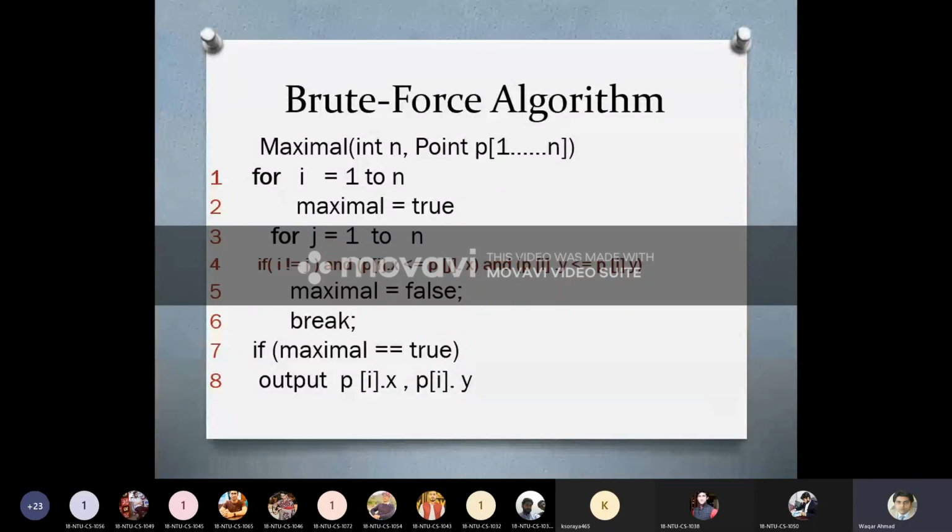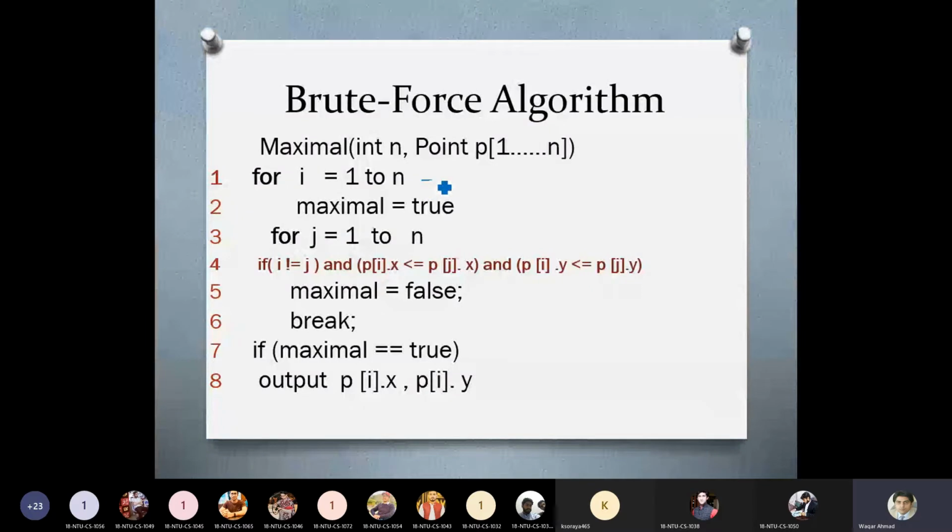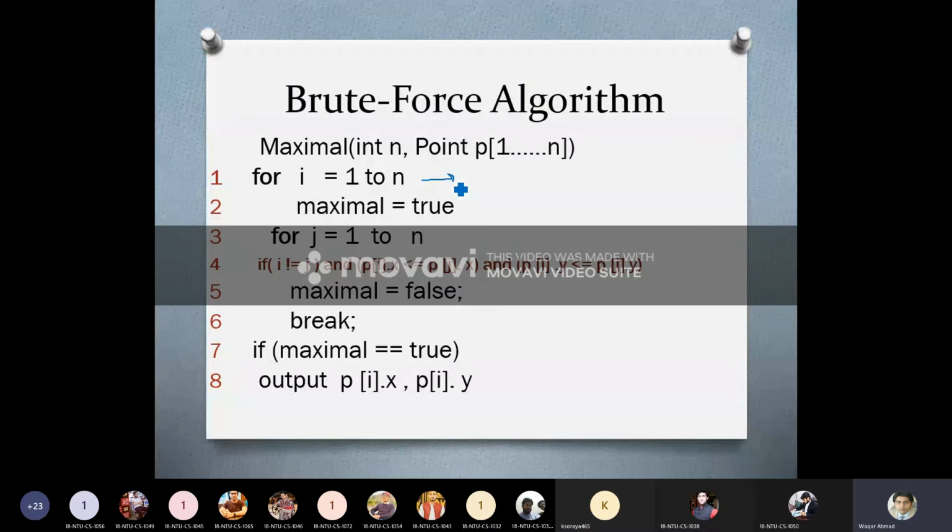Here we will start counting the statements. Let's start with the very first statement. Now we will ask ourselves how many times this statement number 1 is going to be executed. The answer is n times,